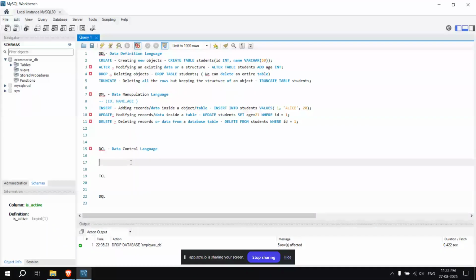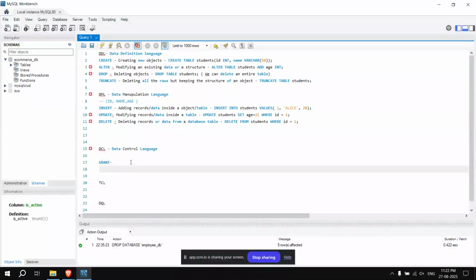Data control language means that by using these command lines we can control the access to specific data. There are basically two commands: the grant command and the revoke command.